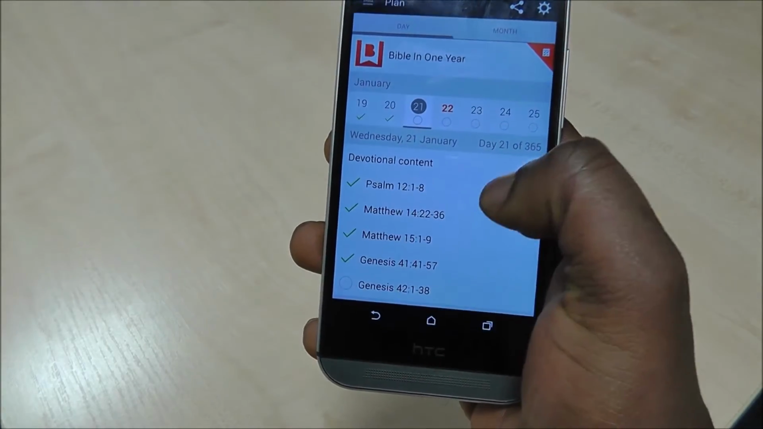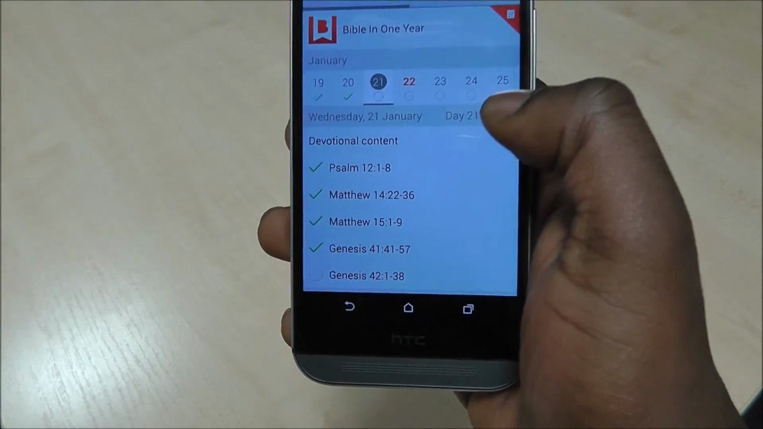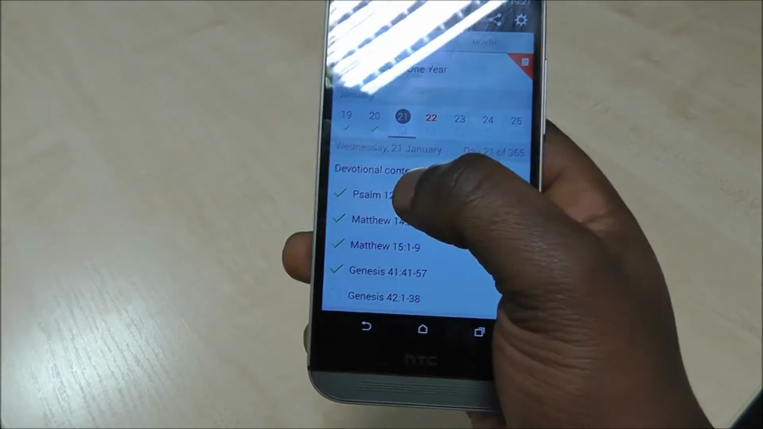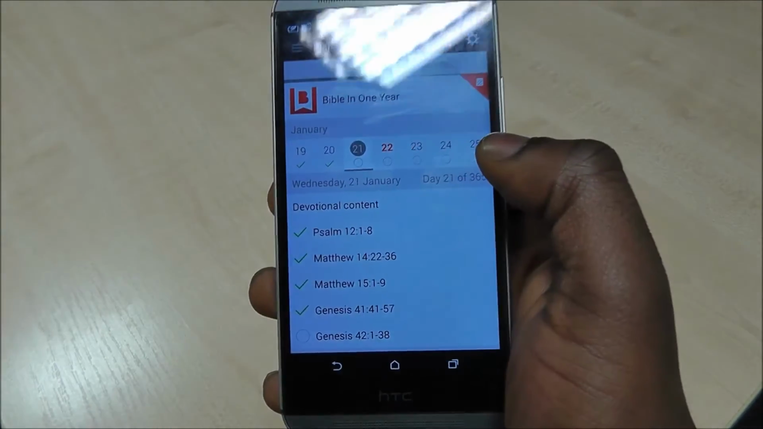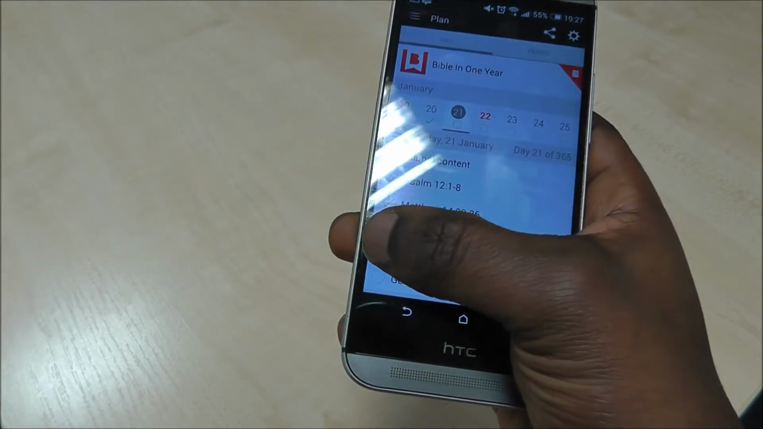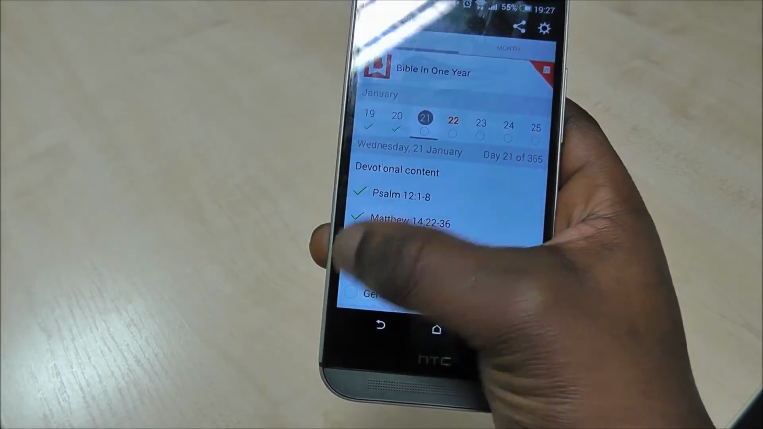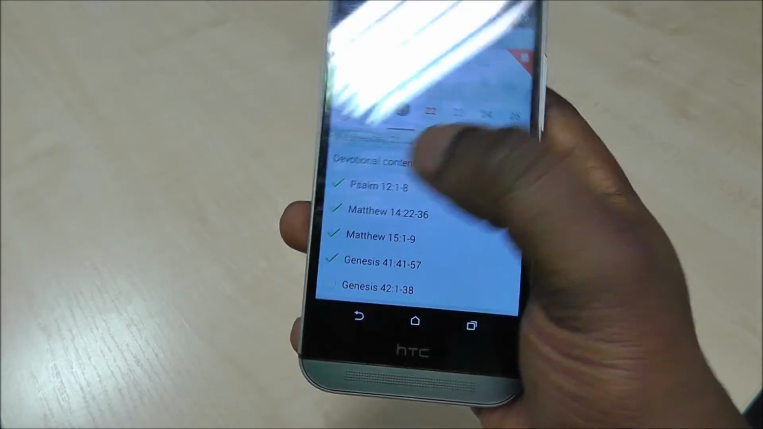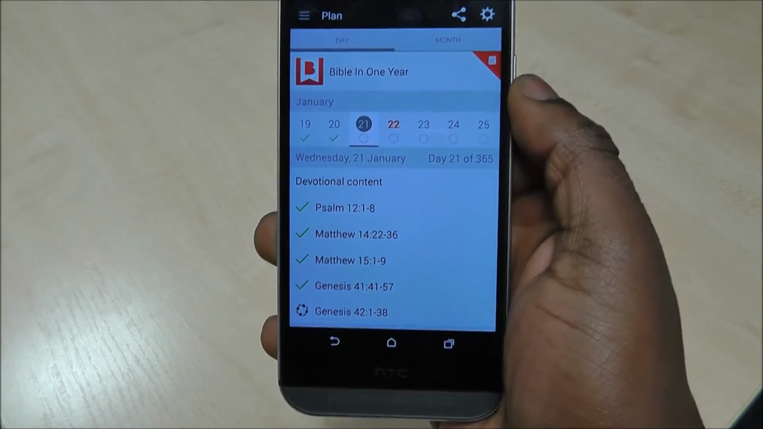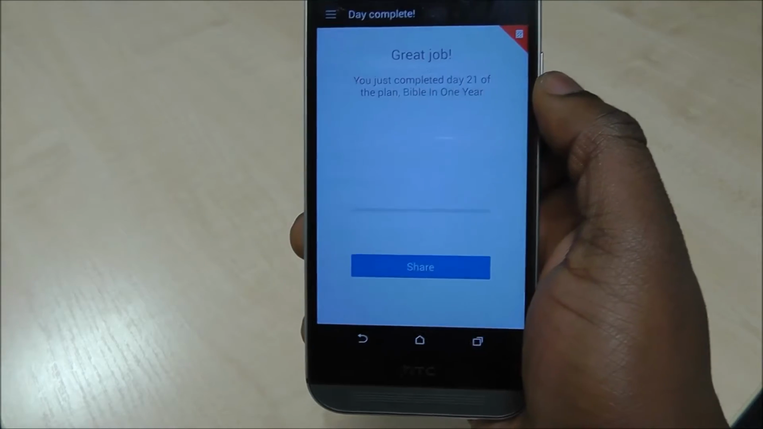Something you can do as well is, say for example you didn't read it on the phone or your tablet, but you read it using a paper Bible. You can therefore go to the app and just tick those boxes. So for example, I've done all this reading, so I can tick them all, and then once you finish, it